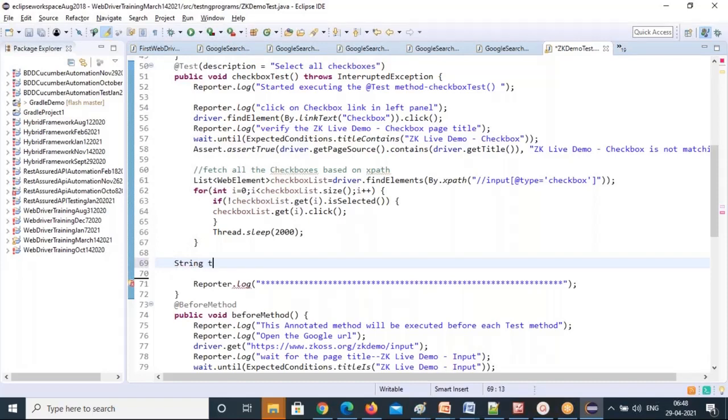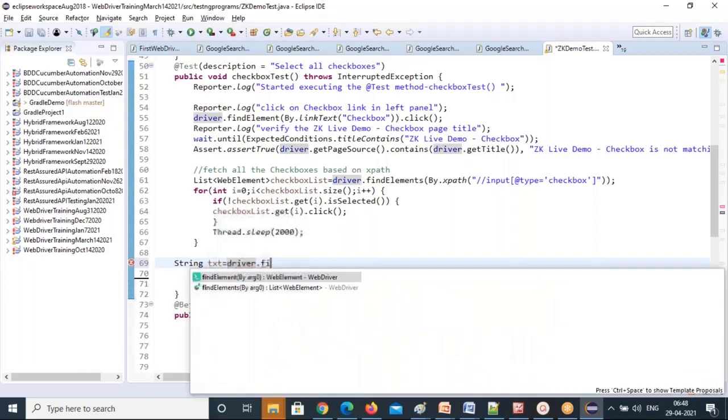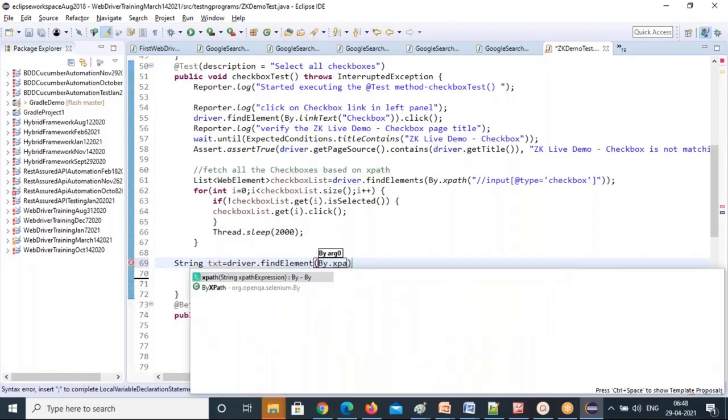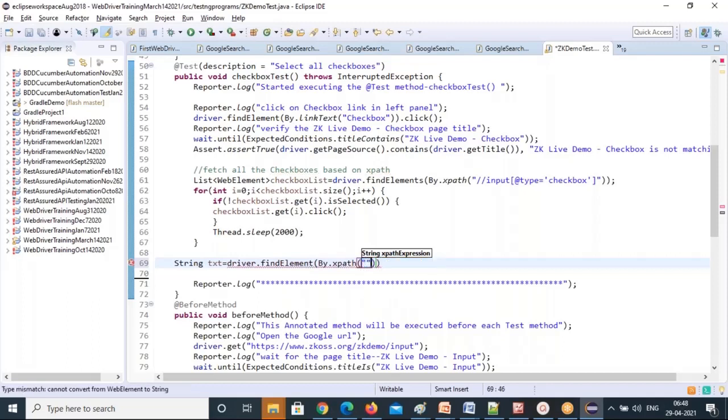String txt equal to driver.findElement. So By.xpath. So write XPath double forward slash. You can put a star if you don't want to write a span tag, right? Contains of text function, comma, single quote, that text you give this.